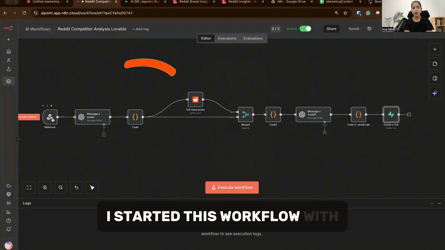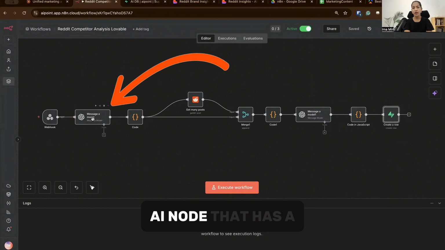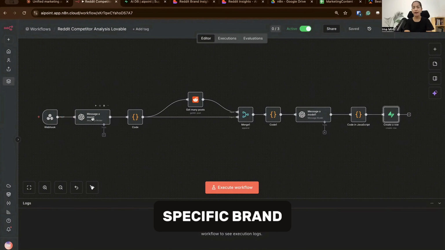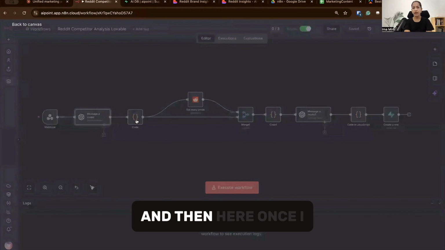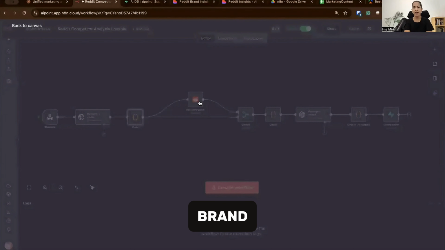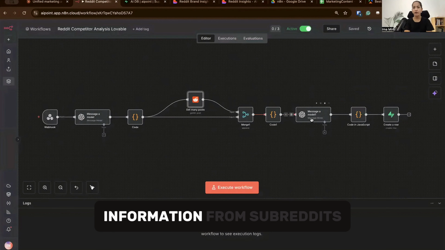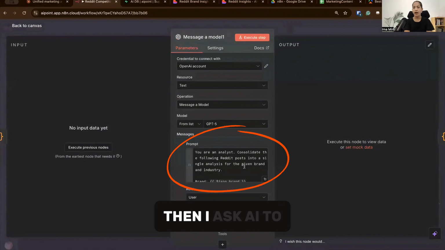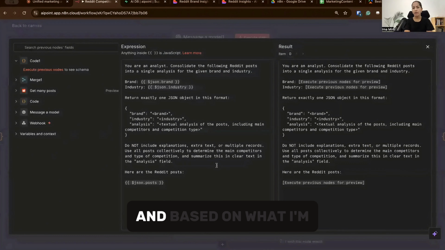I started this workflow with a webhook, and then I have an AI node that takes a specific brand, where I get the brand name and industry. And then here, once I get the subreddit for that brand, I'll send it to the Reddit API. And once I fetch the information from subreddits, then I ask AI to analyze this information for me based on